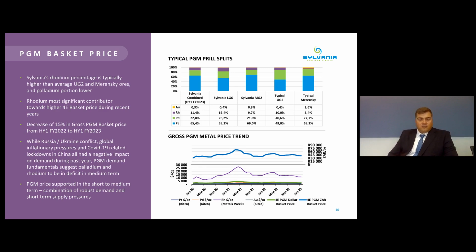And you can see at the bottom graph where the historical metal prices, and especially rhodium overshadowing that bottom graph, where the rhodium price significantly increased, how that had an impact on our 4E basket price. Quite interesting on the top, the Rand, South African Rand basket price. You can see it stayed fairly flat while you saw a decline in the last 6 months of rhodium and